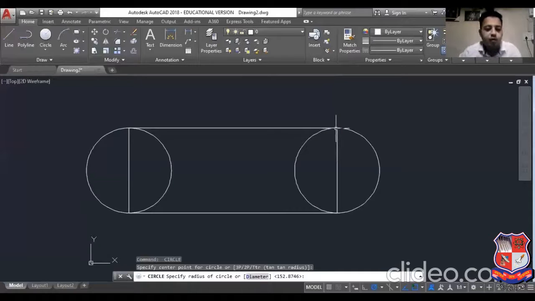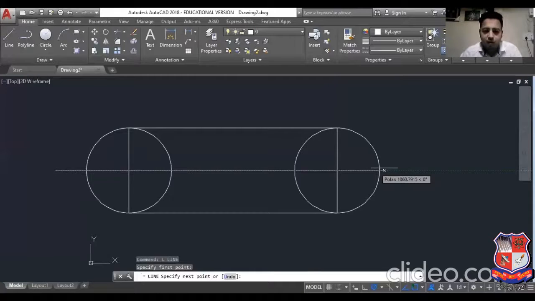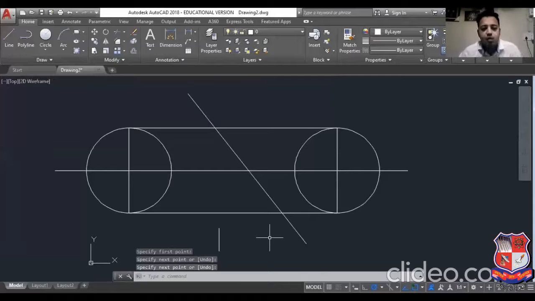Again, I have drawn a line in the center, and one line like this also. So we will see all the trim options today.